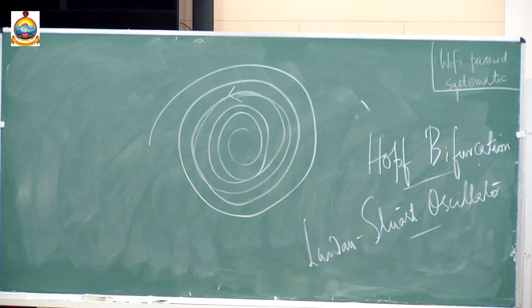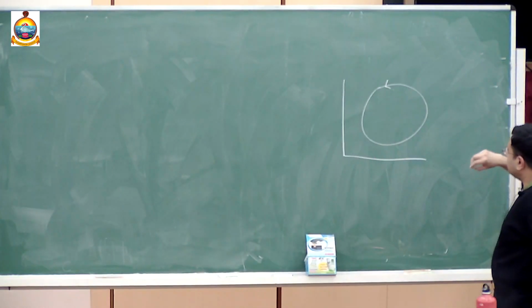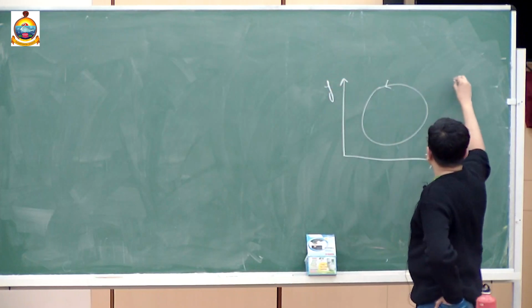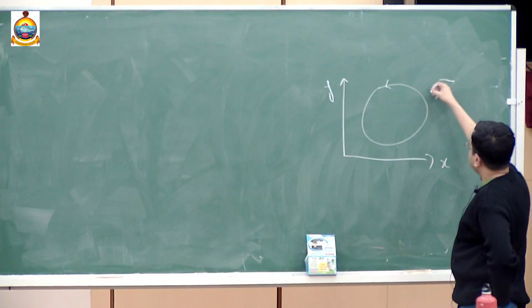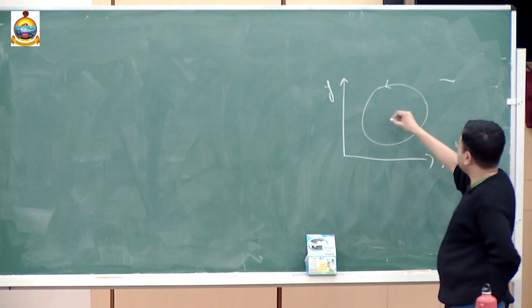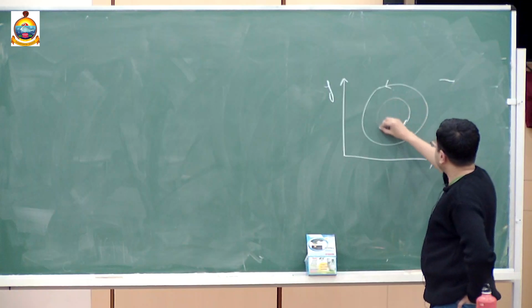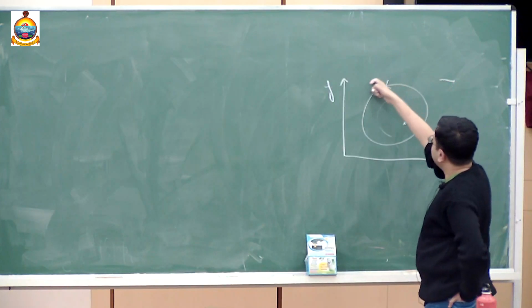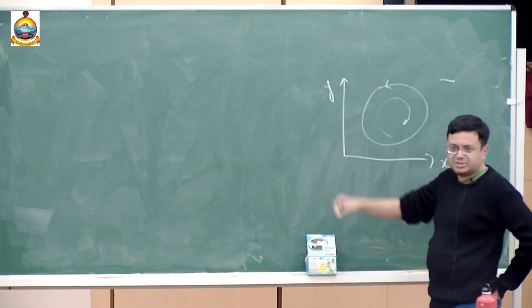By the way, I think Mustansir had a question, and I had forgotten to discuss it. Now I remember. We discussed it at some length. In a two-dimensional flow, suppose you have an isolated orbit here. If I start out somewhere outside, with x and y as my axes, the phase space trajectory cannot go inside, because it's a two-dimensional plane and this acts as a barrier. Similarly, if I start somewhere inside, I may spiral out or I may asymptotically approach this one. There is one possibility that it will asymptotically approach this limit cycle, or it just goes to